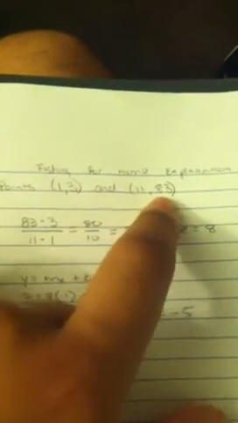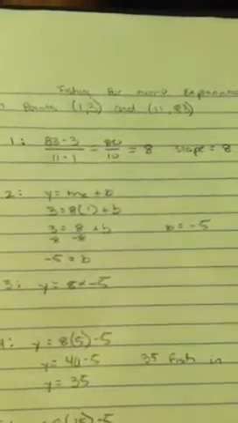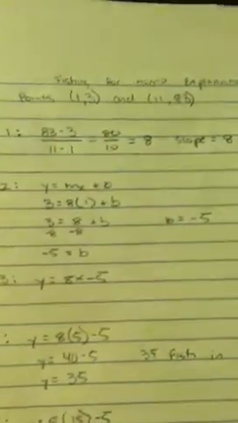As you can see from the problem, our given points are (1, 3), meaning he caught 3 fish on week 1, and (11, 83), meaning he caught 83 fish on week 11. In order to solve for our linear model equation, we have to use these given points and plug them into the